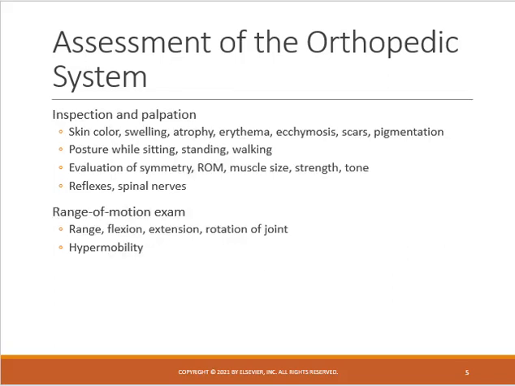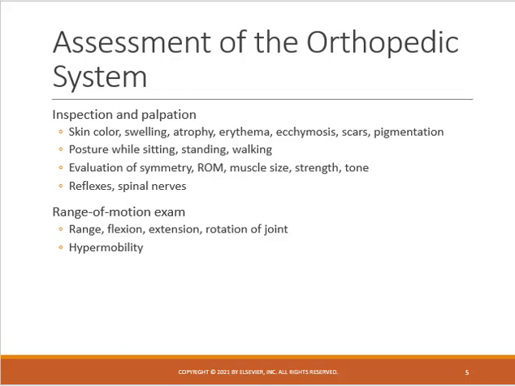We want to look at the extremity, and you're looking for skin color. You're wanting to assure that it's getting good blood flow. You want to note if there is any swelling, atrophy, redness, bruising, scars, pigmentation changes. You want to note how the child is sitting and standing and walking. You want to be evaluating one side versus the other side. Check for range of motion, their strength, their tone. It's important to check for reflexes